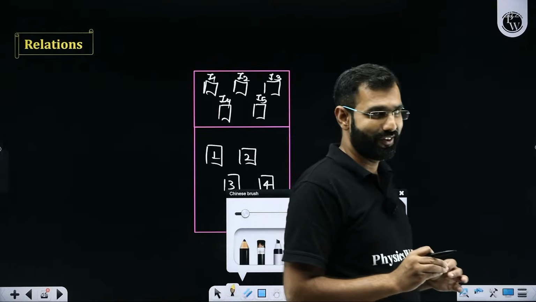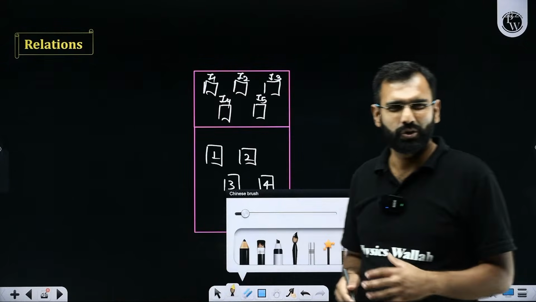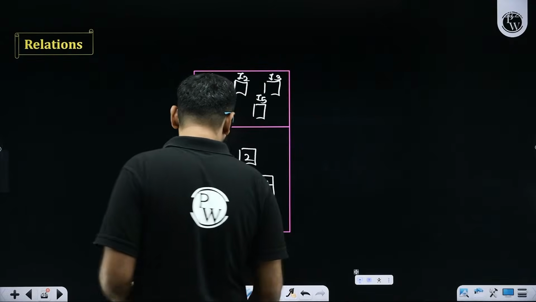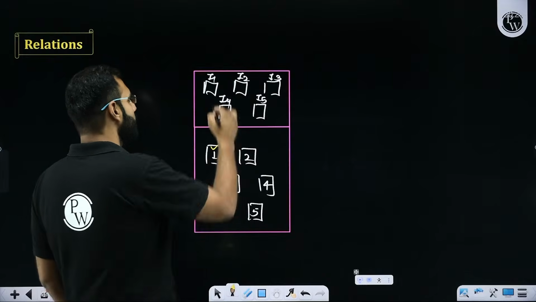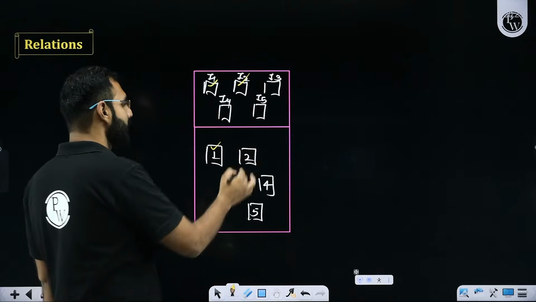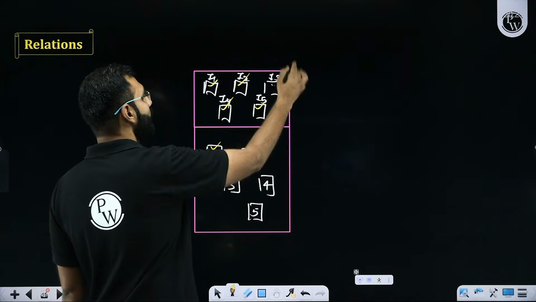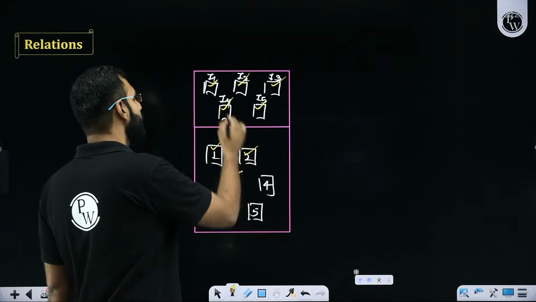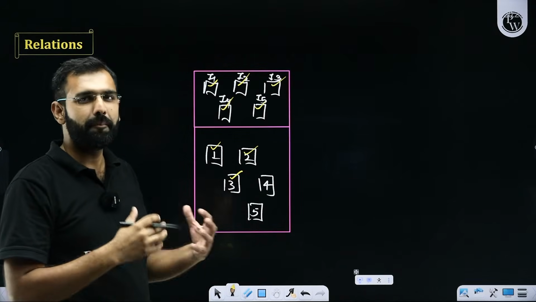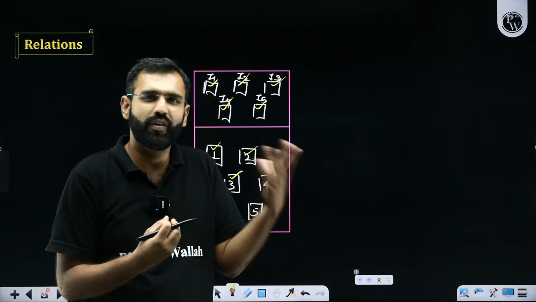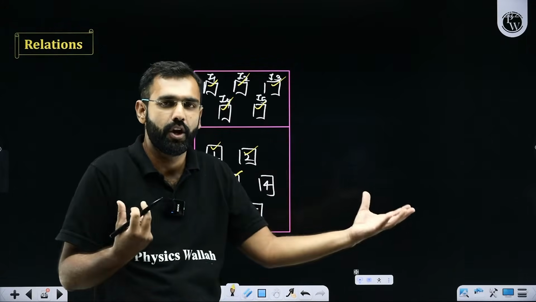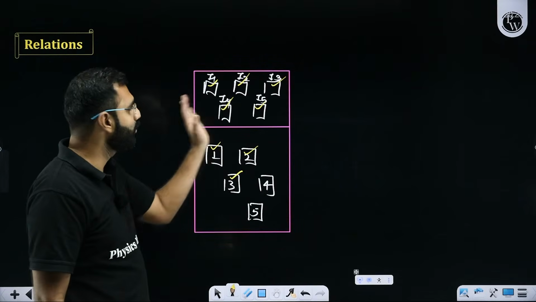But relation, as a concept, is so chaotic in nature. Let's say relations are like this: if I'm pressing 1, then I'm getting item 1 and item 2. Let's say I'm pressing 2, then I'm getting item 4 and item 5, item 3. When I'm pressing 3, let's say I'm getting all. So it is very badly knitted, very badly connected. I mean, anything can be connected with anything. Anything can be mapped with anything.